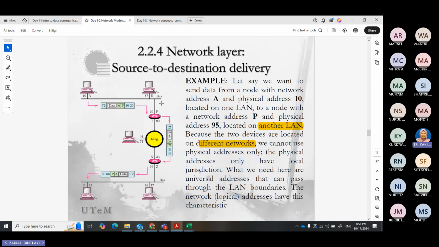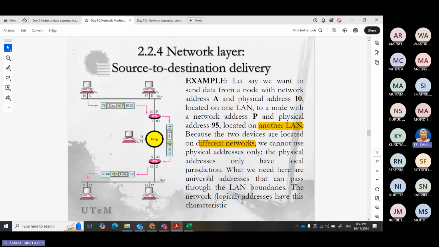But then you want to send it out. You know that you need to send to P, so which one is the nearest? Because P is located on a different network, we cannot use the physical address only. We need a universal address that can pass through the LAN boundaries.